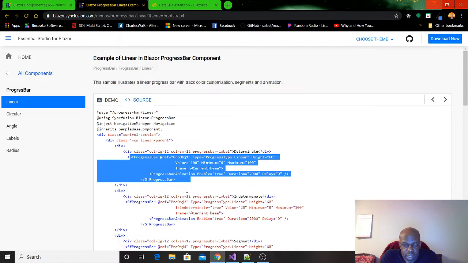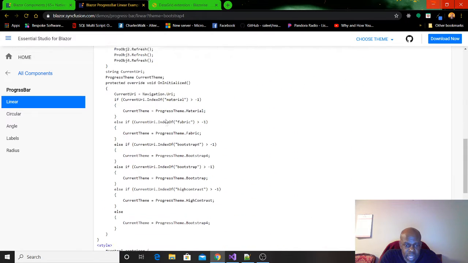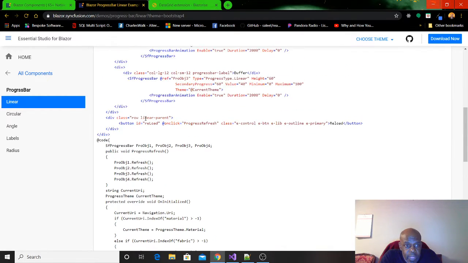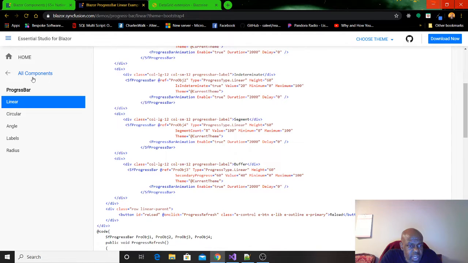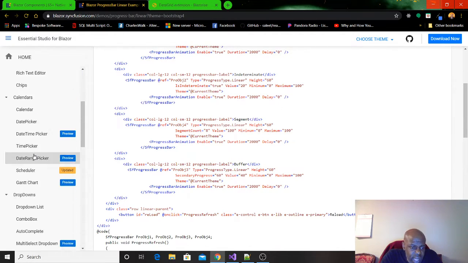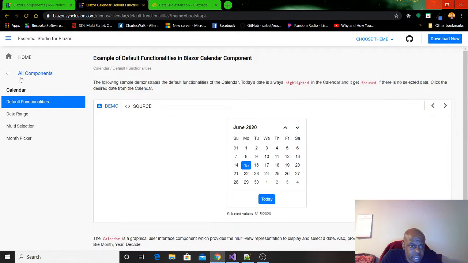And that's one other area that I do like about Blazor too, is you can make references to your components and then use JavaScript against those elements themselves. But this is really a nice library. I really highly recommend it. I can go through this forever. You know, I can show you the calendar. I love their calendars.